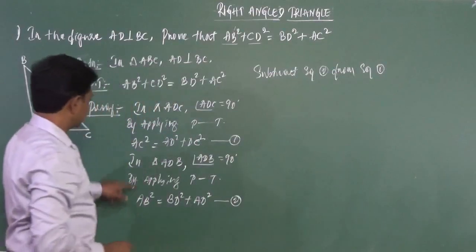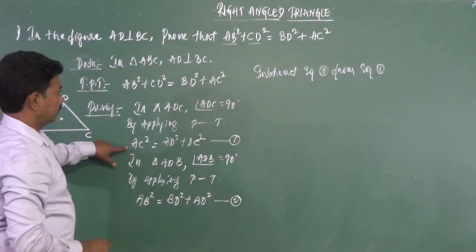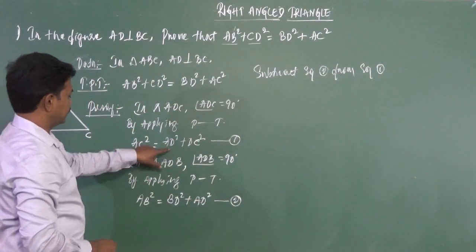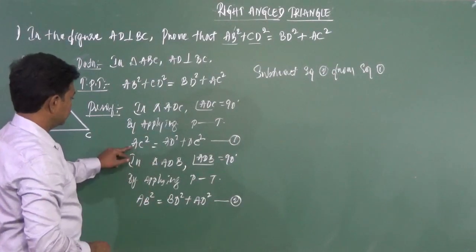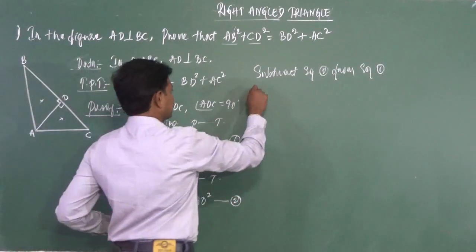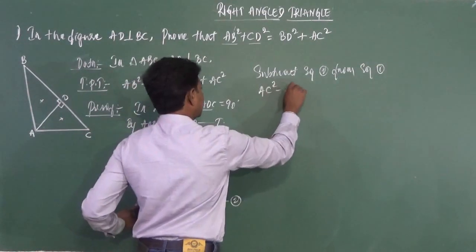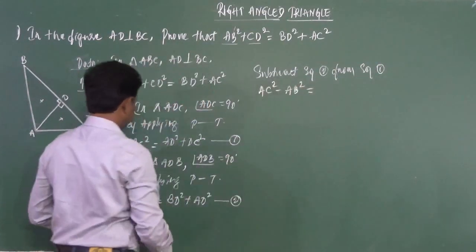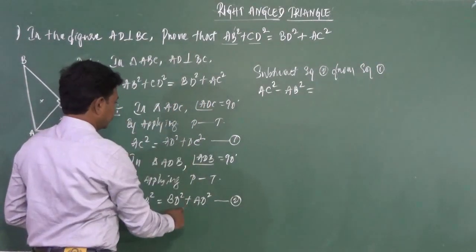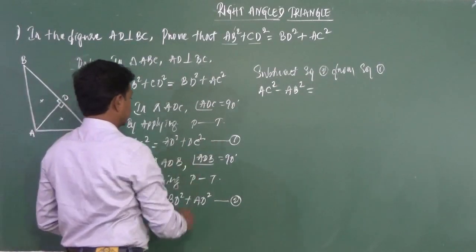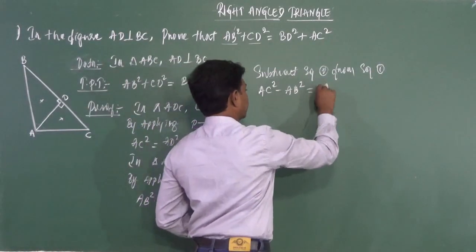So LHS gets subtracted with the LHS and RHS gets subtracted with the RHS. So that becomes AC square minus AB square. AC square minus AB square is equal to... from this is going to get subtracted. So we have to write this first. So AD square plus DC square